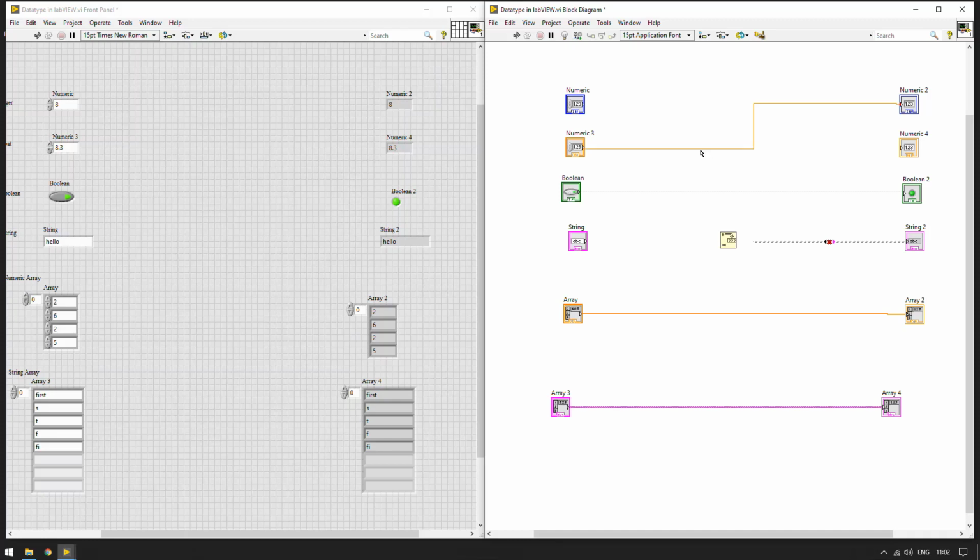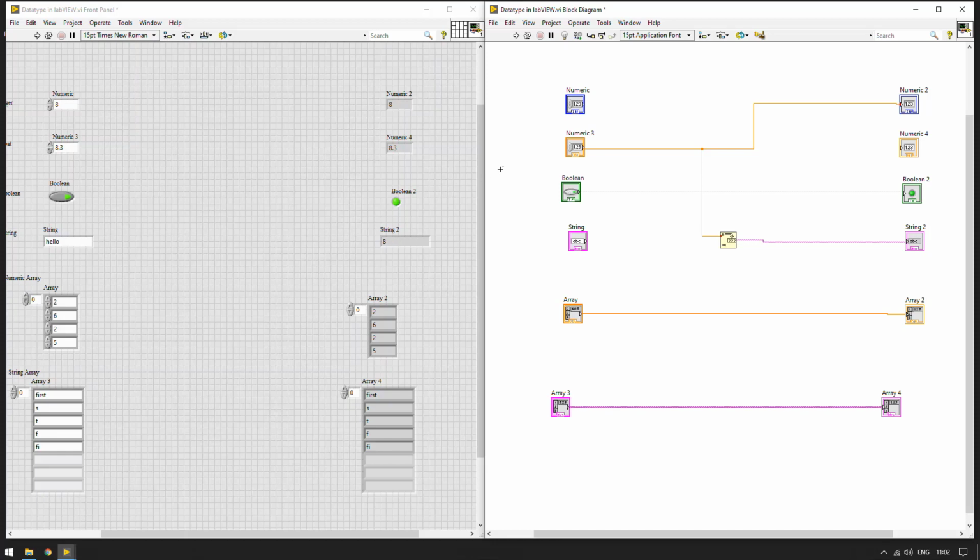So now we have a number as input and a string as output. Okay, so now we have successfully connected the numeric input to the string output, and let us run it and see what this hello is going to be. Now we can see that this input has been converted into a string.